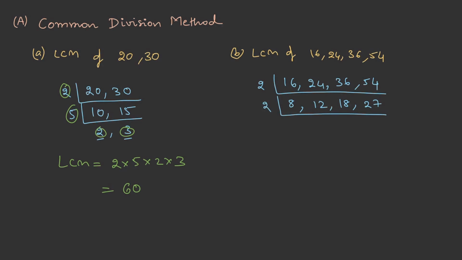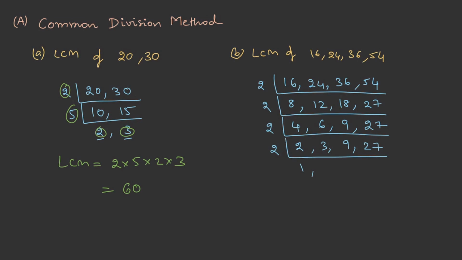Next again I'll take 2, 2 4s are 8, 2 6s are 12, 2 9s are 18. 2 cannot divide 27, so leave it like that. Then again I can use 2, 2 2s are 4, 2 3s are 6, 9 and 27 we cannot divide, so leave it like that. Then again 2 1s, then 3 9 27 cannot be divided. Then let's go with 3. 1 you leave it like that. 3 1s are 3, 3 3s are 9, 3 9s are 27. Again